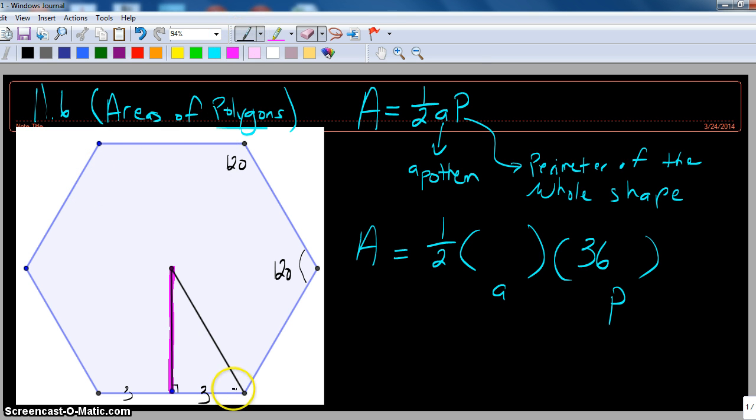Remember I told you that the apothem cuts the angle in half. So all of this angle is 120, but I only need half of that 120. So half of 120 would be 60. So this is 60 degrees. Now I can do trigonometry in my little triangle here. So I'm looking for this, my question mark. This would be my x. That would be my apothem. So I look over here,